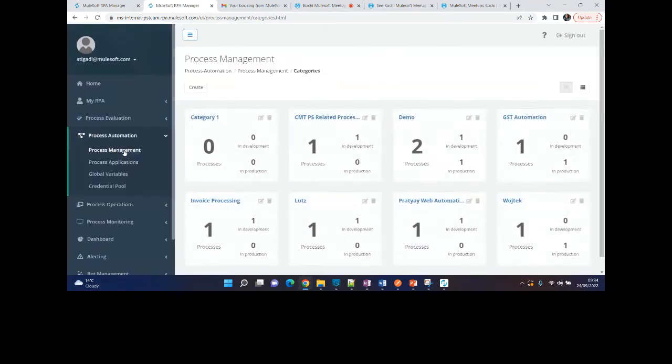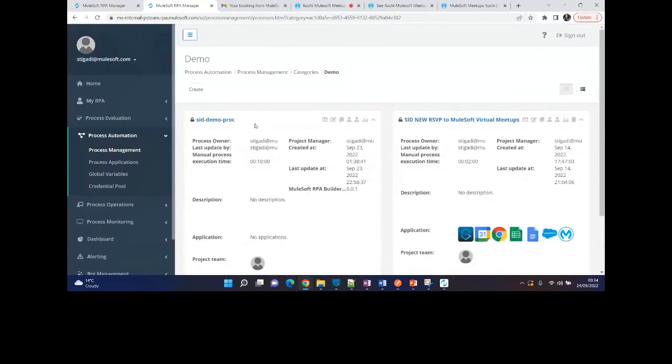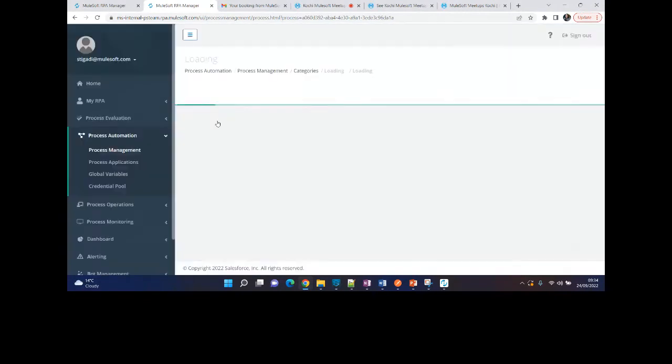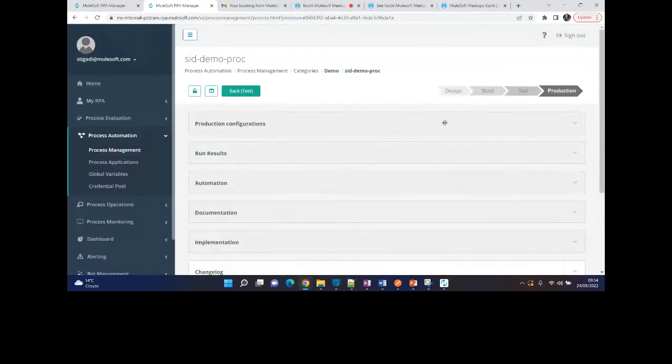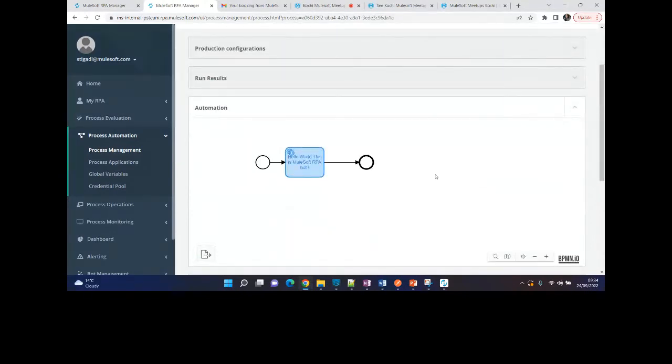So in the process management tab, I have one example here. So this is how it actually looks. This is the BPMN. So when it comes into your design phase, I have actually implemented it. And there's nothing much that I did.